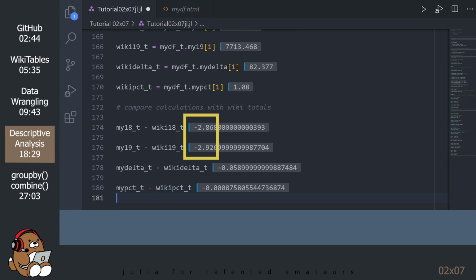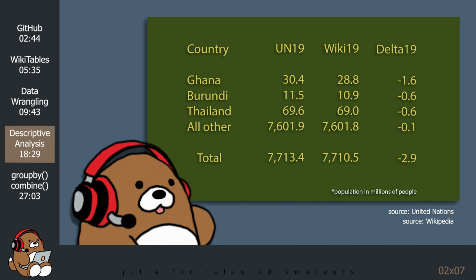While this doesn't have much of an impact on the year-over-year percent change, that's like missing the entire population of a large city like Chicago. I'm not sure why the Wikipedia data by country doesn't add up to the total. I did track down the original source document from the United Nations. The Wikipedia figures by country are different for several countries. The Wikipedia article does not contain footnotes explaining why their figures are different than the figures from the United Nations.